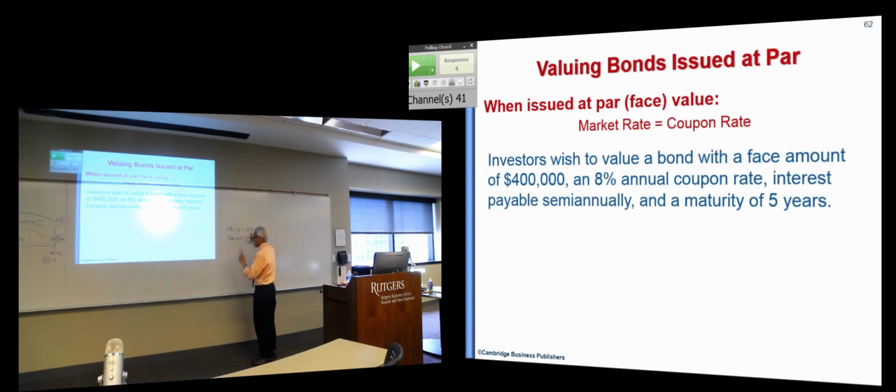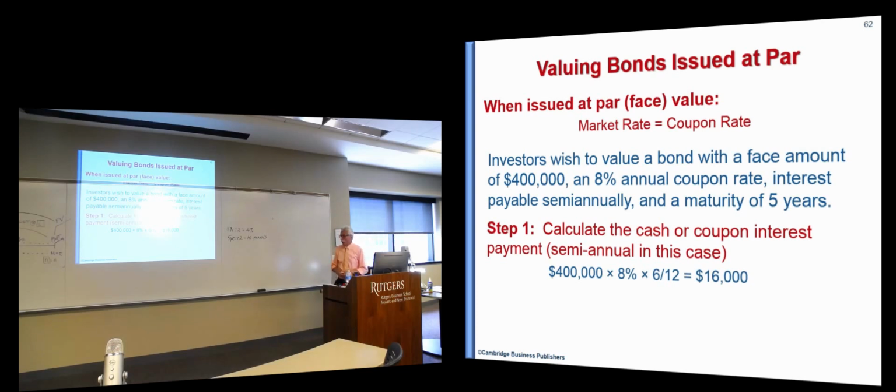Or the stated rate is 4%. Five years, compounded semi-annually, is 10 periods. What we want to do is calculate the bond interest. So the coupon interest,